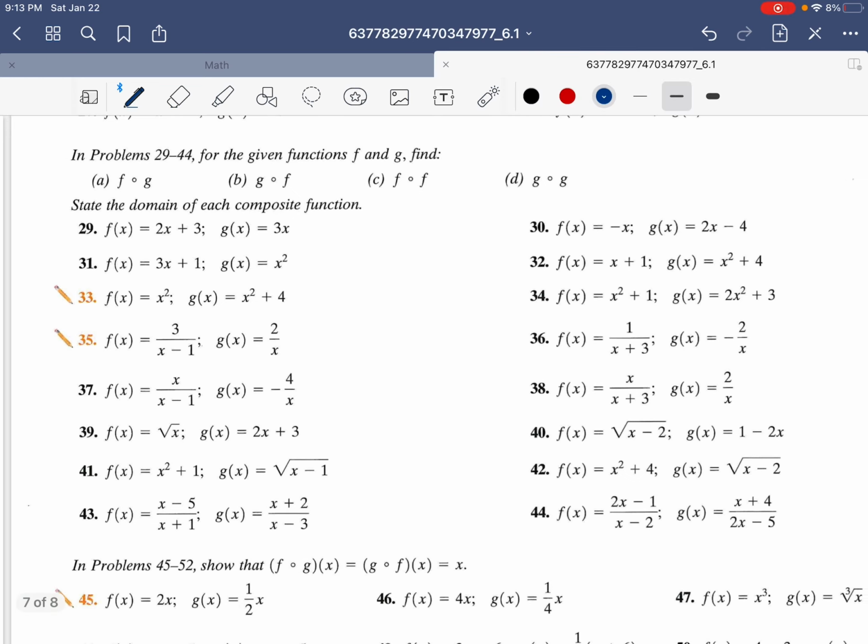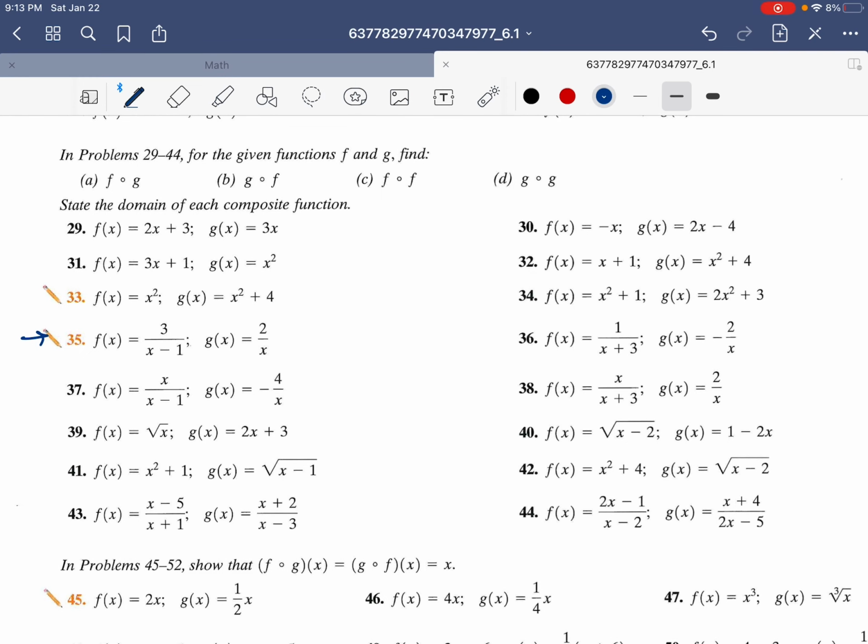But 35 doesn't, so we're going to do 35. So let's see, we start with the first one here. So f of g of x is, let's see, so you look at g, put that in. Okay, and then you look at your f, and you're going to plug it in also, so let's see, plug in your new x,